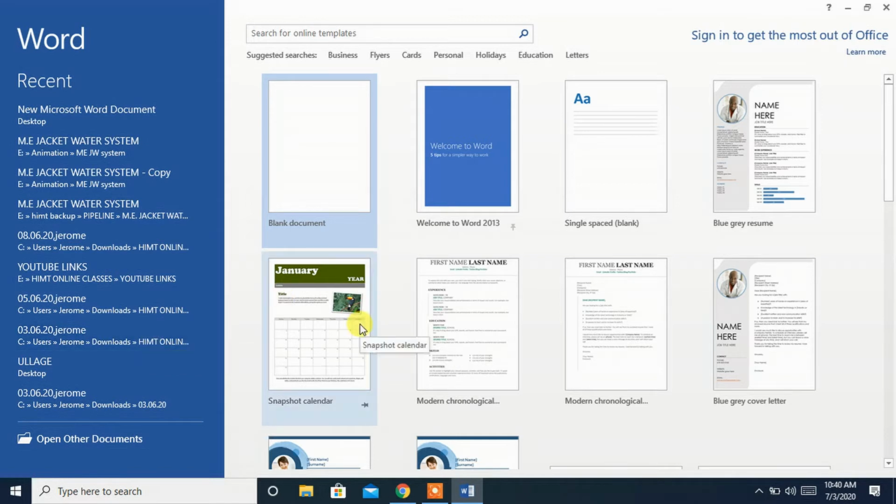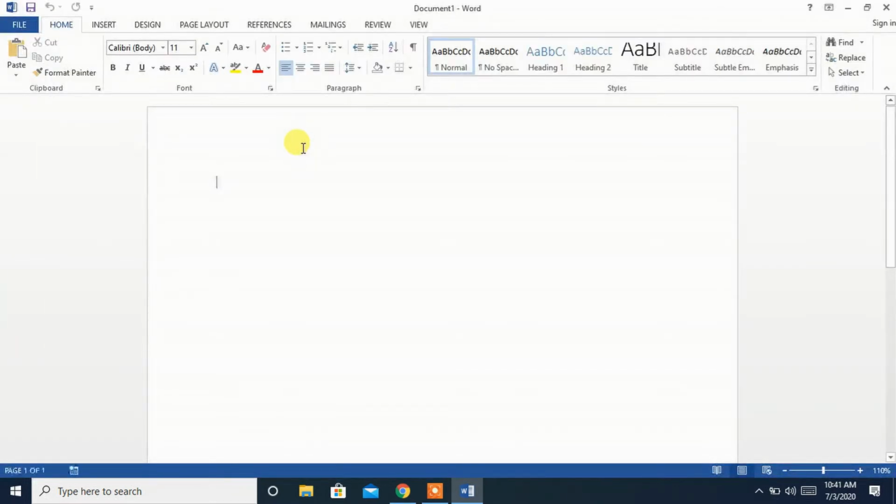We will start with a blank document, so it will be easy for us to learn. So the first option is blank document. Click that. This is the Microsoft Word interface. We will be writing a letter, typing a story, whatever documentation that you want to do, it can be done in this window.